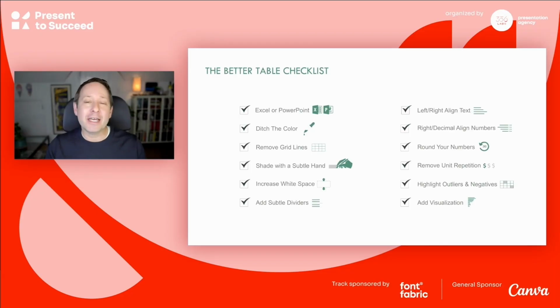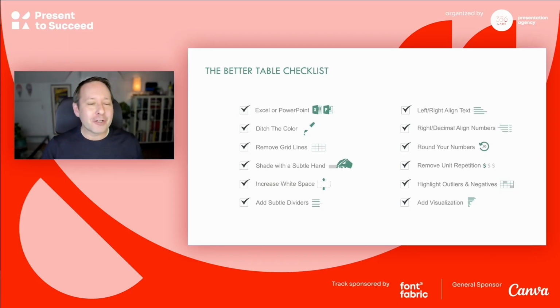And just like I say with slides and charts, there's no such thing as a perfect chart. I'm sorry, a perfect table. There's better and worse. And our goal should always be to look at a table and say, oh, I can use checklist item number 7 to make this table better. We always want to be pushing our content, our designs in the direction of better, right? Not worse, right? We don't want to go backwards.